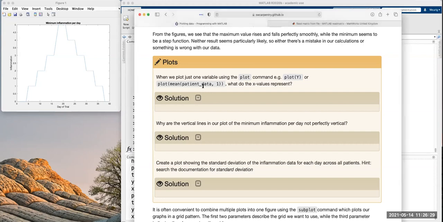So where they've got patient data here, you probably want to write patient_data_01. All right. Yeah. Works. Thank you very much. Brilliant. No worries.